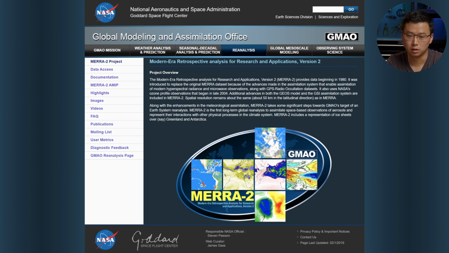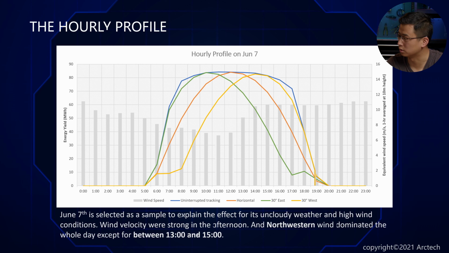And the wind data is from MERRA 2. They also have the 10-meter height hourly average data everywhere. What we used is the actual data from the year 2020. All the data come from the year 2020. So what you've seen here is the